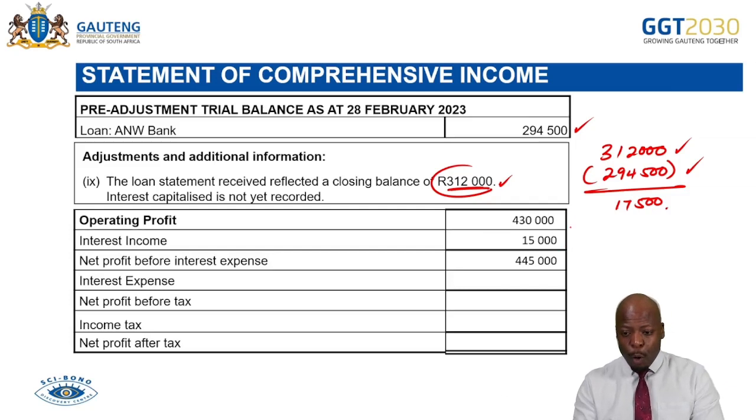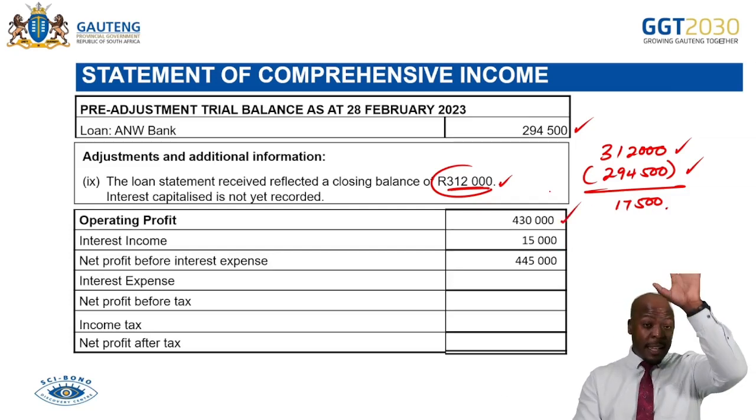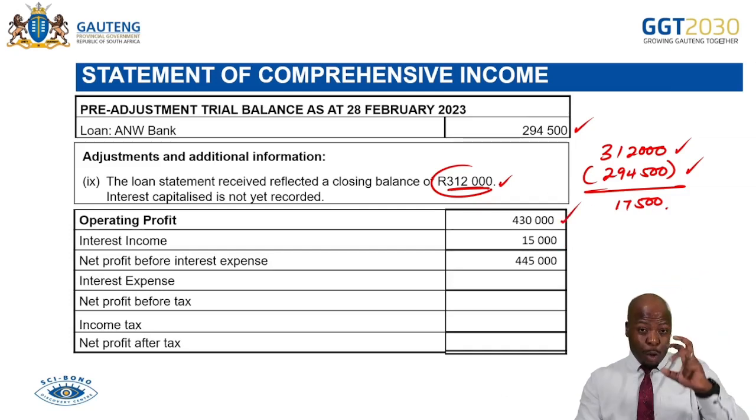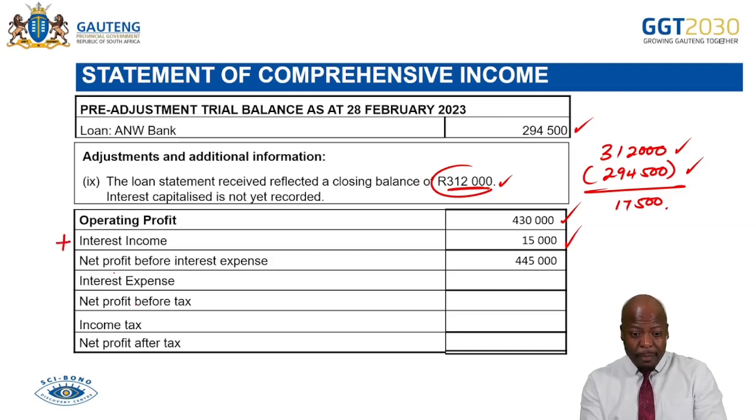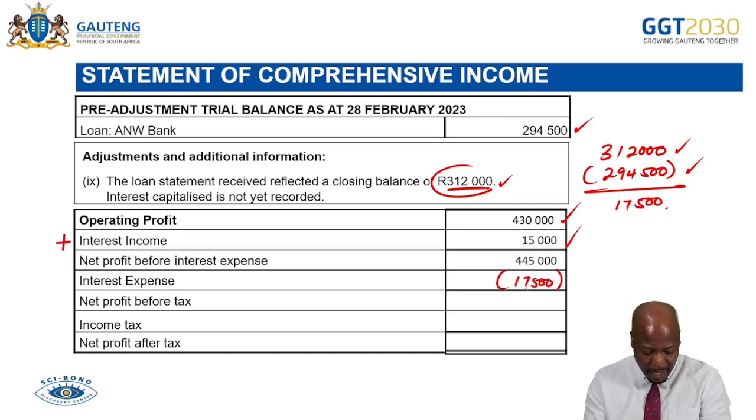So now we have our operating profit. We've completed the entire statement of comprehensive income from the top, so we are going down. Then we have interest income. It is added, so I add here plus my interest income. Then I get my net profit before interest expense. Then I subtract my interest expense. How much do we get? 17,500. Then I say minus